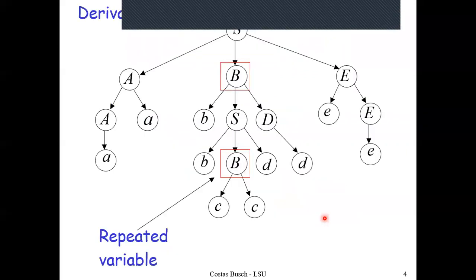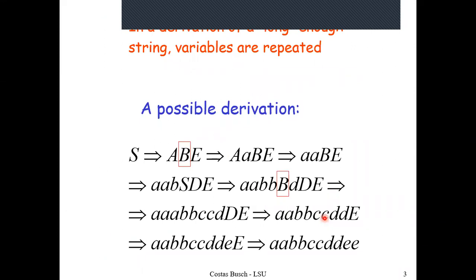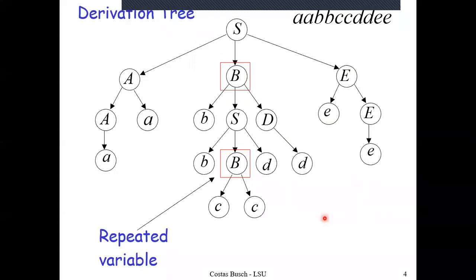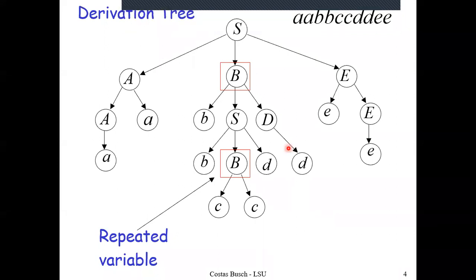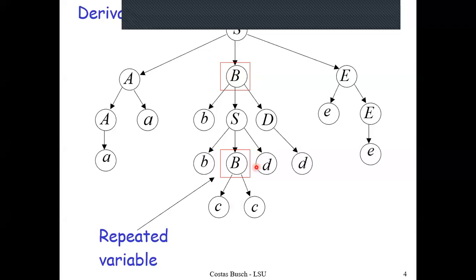And there we have it. This derivation of the string and this parse tree are compatible with each other because they are supporting one another. So I have my string a square, b square, c square, d square, e square, and this happens to be its parse tree. If I look at this parse tree along the longest path, starting from the root, which is the start variable, to any of the leaves, I can see that there is a repetition of the variable b along this path.